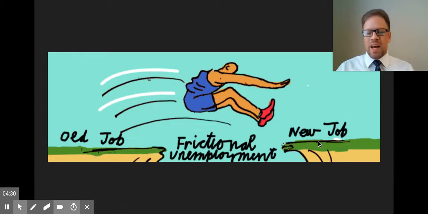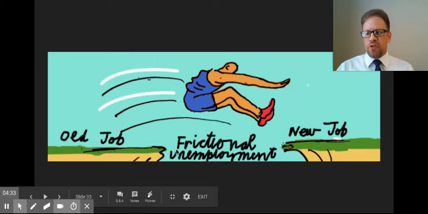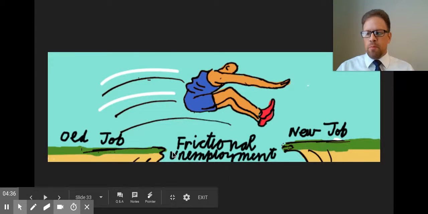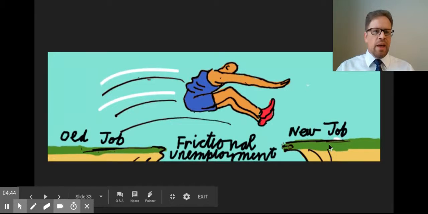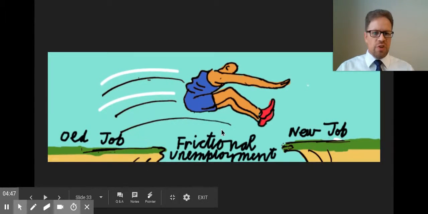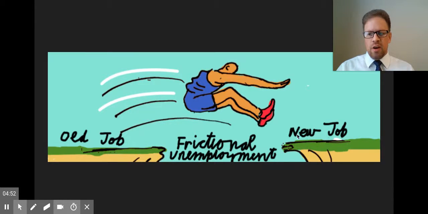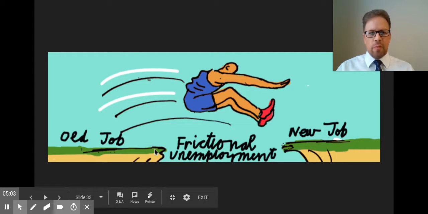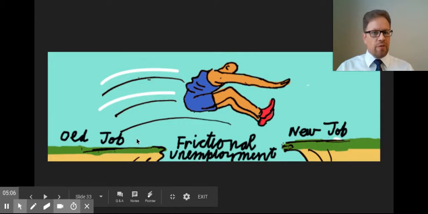Now, there are 4 types of unemployment. The first type is frictional unemployment. Frictional unemployment is unavoidable unemployment occurring as people are between jobs. Maybe you had an old job and you're looking for a new job, so it's just kind of that gap in between. Maybe you got fired, maybe you got laid off, maybe there was some type of retraining you had to go through. Maybe you just voluntarily determined, I just hate this job, I want a different job. Maybe you just graduated from high school or college and you're just now looking for a job. Whatever the reason is, it's just that gap period in between jobs.